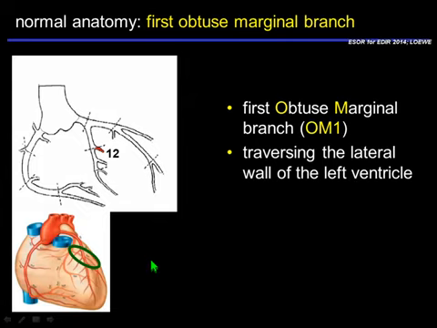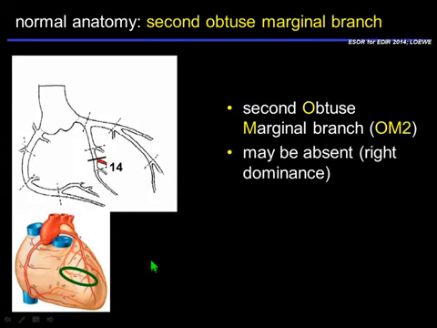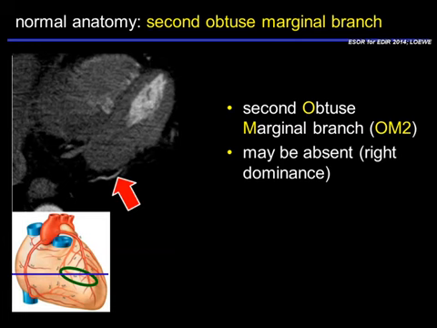And the last 2 missing segments are the first obtuse marginal branch, supporting the lateral wall of the left ventricle as well, and the second obtuse marginal branch. And this might be absent in a case of right dominance, or this could also be the final destination of the circ in case of right coronary artery dominance. So that's the second obtuse marginal branch supporting the posterior parts of the lateral wall of the